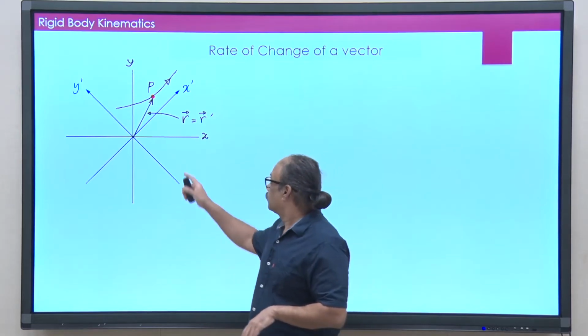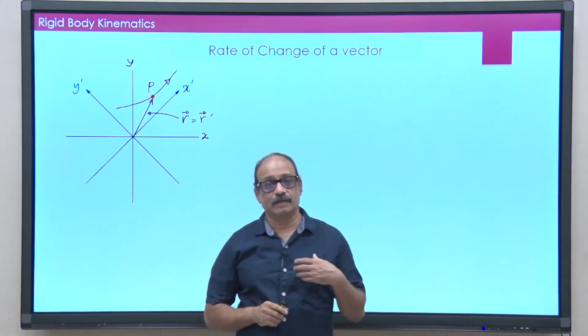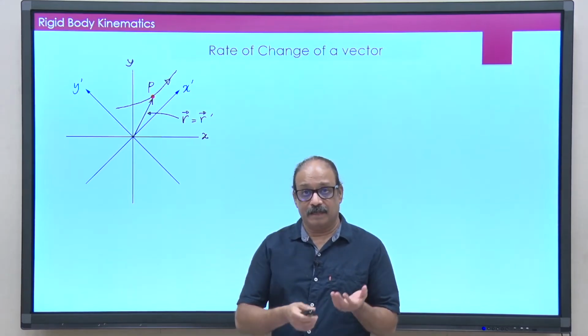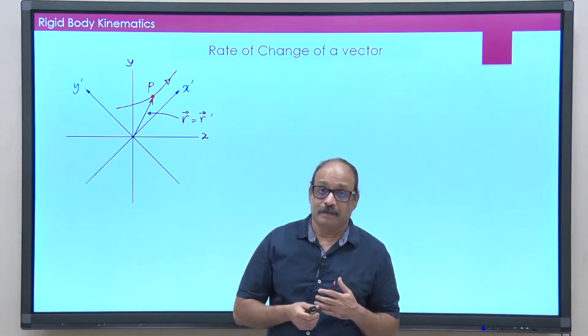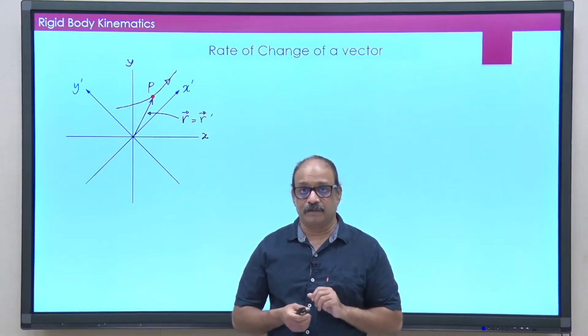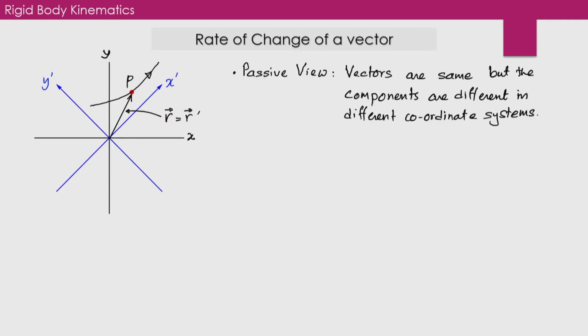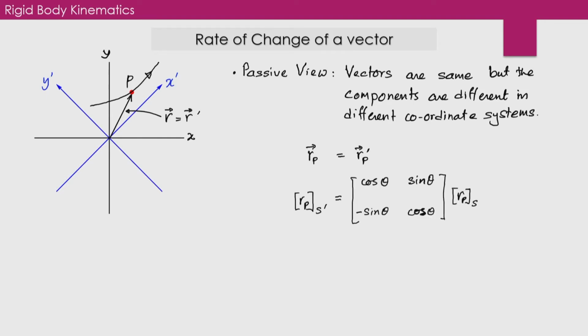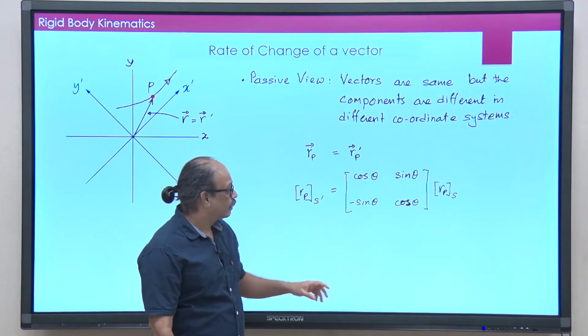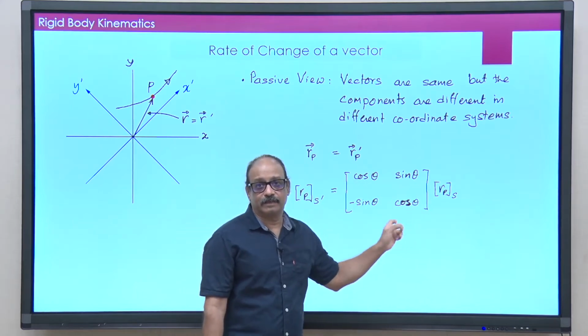Components are basically, you take this r vector and drop perpendiculars on the x axis and y axis to get its components, but then the S prime frame will also do the same thing, but use its own axes x prime, y prime to drop perpendiculars to. Okay, right. So, that is why the components will be different, and this is what we in fact saw in the last 2 lectures, that even though as a vector these 2 entities are the same, the coordinates or components are different, and the components are related to each other by this rotation matrix.